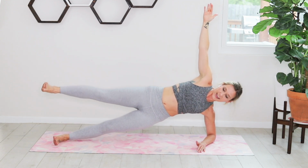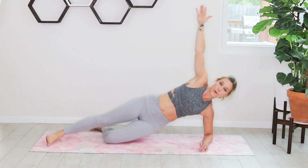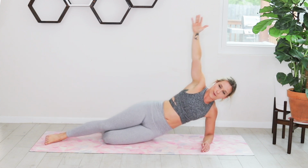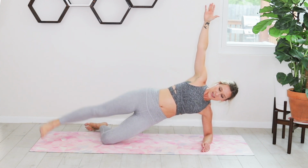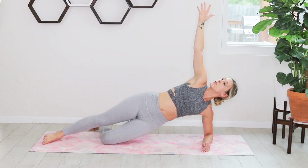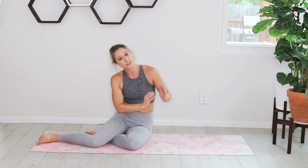hips up, leg down, hip down, with that knee bent below. Looks like this. Raise that leg. Good. And bring it down. So up, up, down, down. Good. Think about stretching your chest and your shoulders to the sky, pulling yourself up, pressing away from the ground